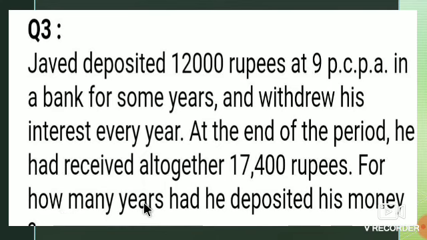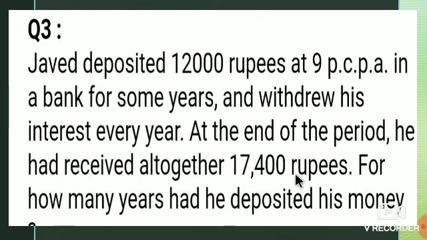Here we have to find how many years, which means the time period. He deposited 12,000 rupees, so this is the principal, 9% is the rate, and he withdrew his interest every year. In the formula of interest, principal and rate are given, but time and interest are not given. Again two values are not given, but here the amount is given, meaning at the end of the period he had received altogether